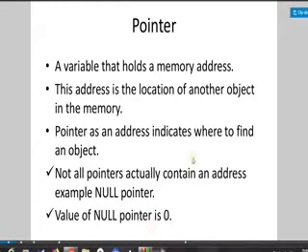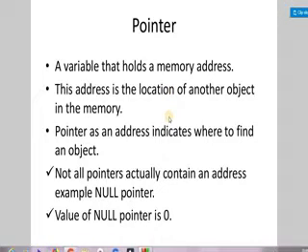So that is the exception of this concept of pointer. So in a single sentence, if I define pointer, pointer is a special type of variable which holds the address of another variable that is already stored in the main memory, and the address is stored in the pointer variable.